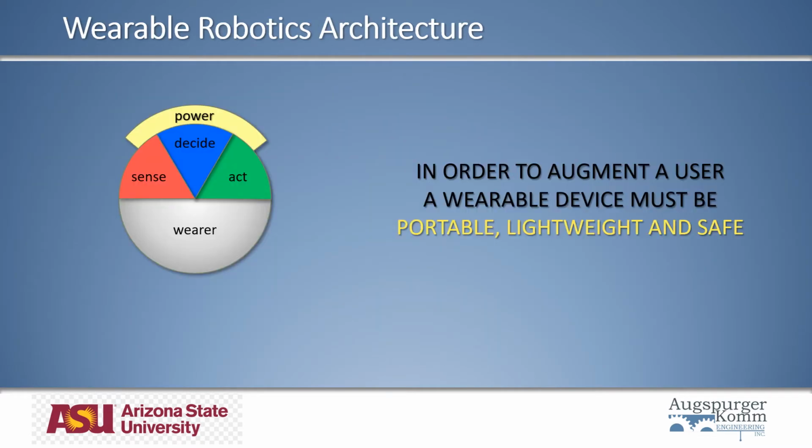So, what is the architecture of a wearable robot? Any robot will be able to move or actuate and will be able to sense. At its heart, it'll have a computer and a controller to help it decide what to do next. The application of a robotic device onto a person implies certain requirements. Eventually, it must be made portable,